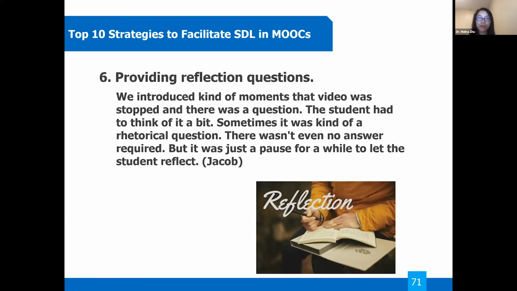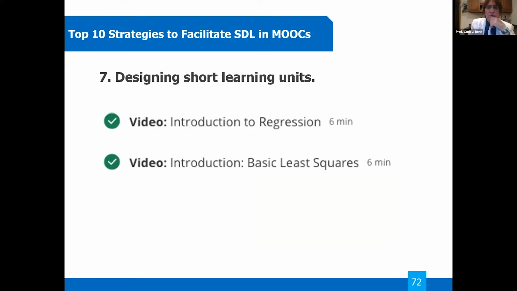And providing reflection questions like we mentioned before. This is something that I saw in some earlier studies. Actually in my handbook of blended learning, which Sanjaya mentioned, we had a chapter from Cisco Systems, and they talked about the large classes that they had there, and they were offering constant reflection questions at the end of big modules.